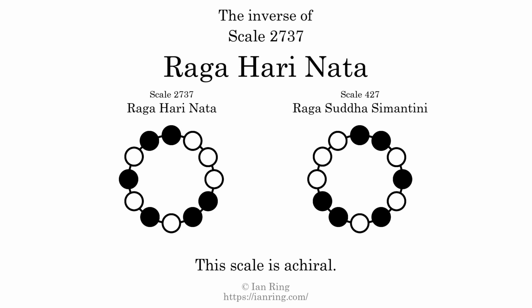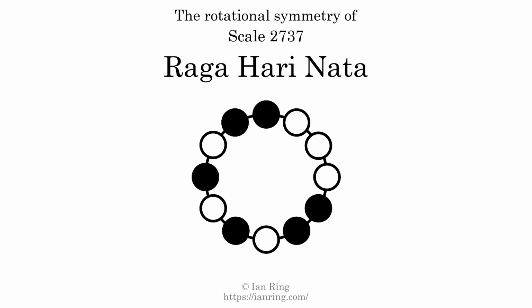The inverse of a scale is a mirror image. It is what you get when the sequence of intervals is reversed. The inverse of this scale is scale 427, also known as Raga Samantini. This scale is achiral, since it can transform into its own reflection by a rotational transformation. This scale has no rotational symmetry. For even more detail about this scale, visit